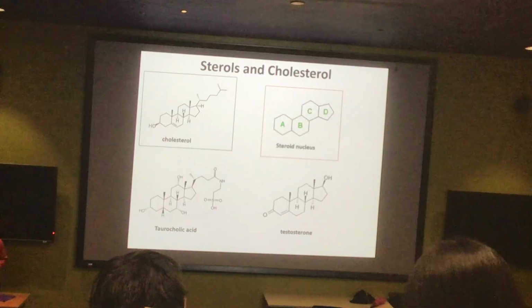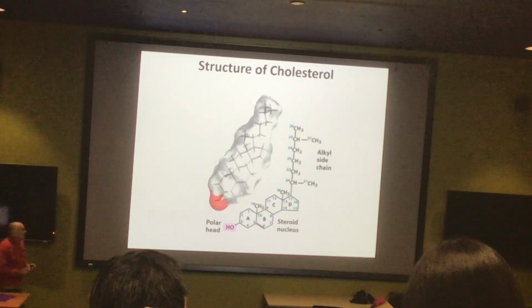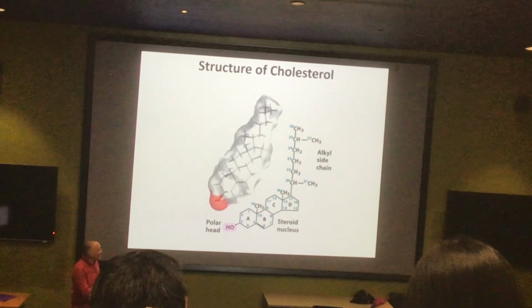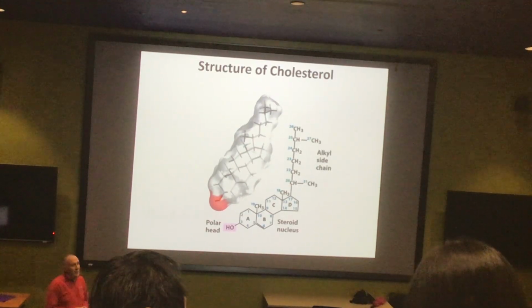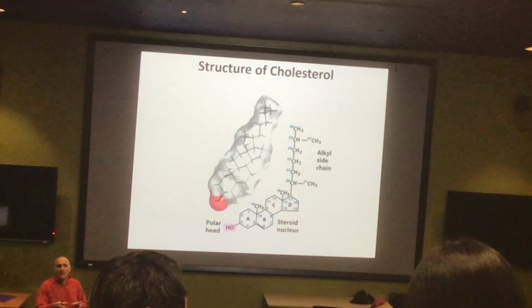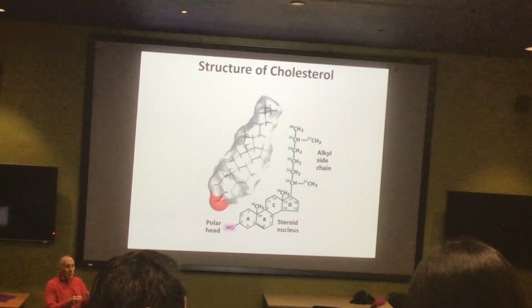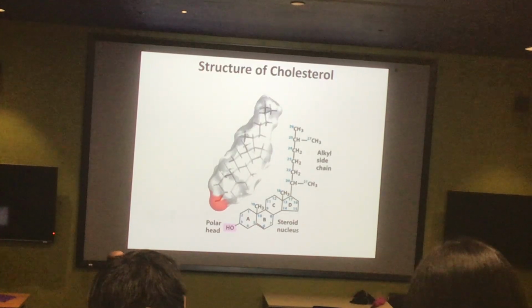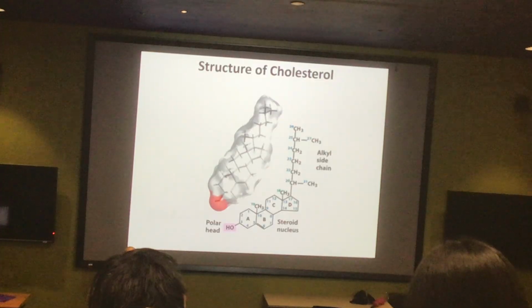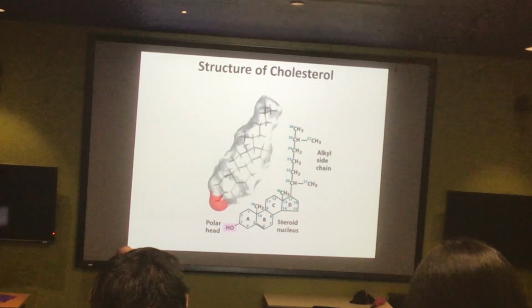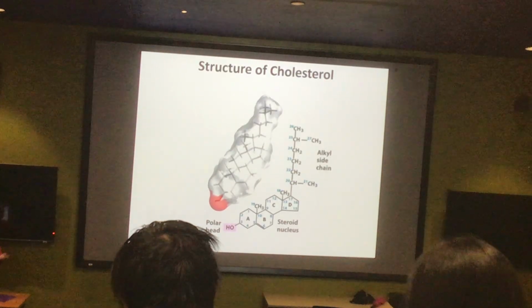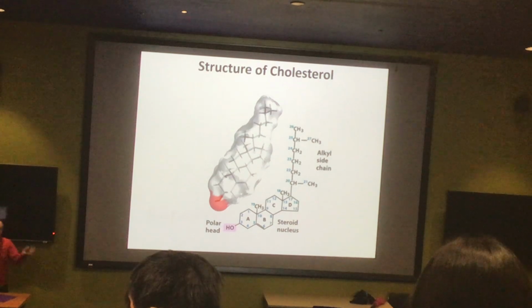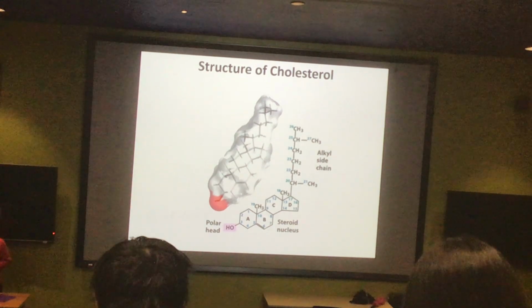So there's an example of one as well. Here is the structure of cholesterol. Of course, this does form an important component of the membrane, helping regulate the fluidity of the membrane. High cholesterol content can disrupt the membrane, leading to additional fluidity. You'll recall lower cholesterol content actually helps create connections between those fatty acyl chains. So cholesterol is kind of the regulator to keep your membranes just at the right fluidity, not too rigid that they break, not too fluid that you turn into something with the consistency of olive oil.